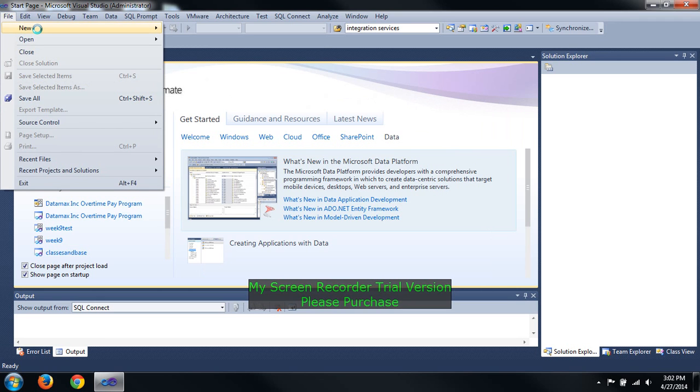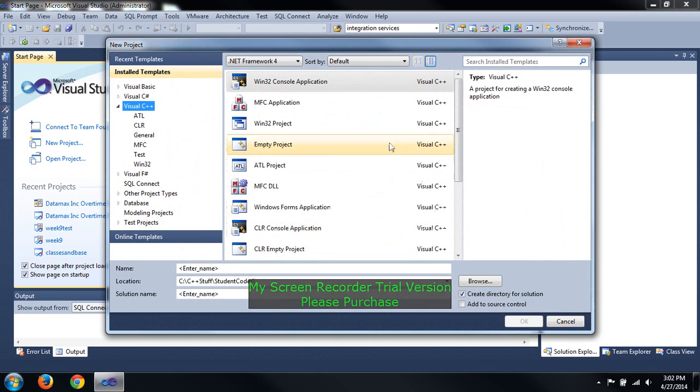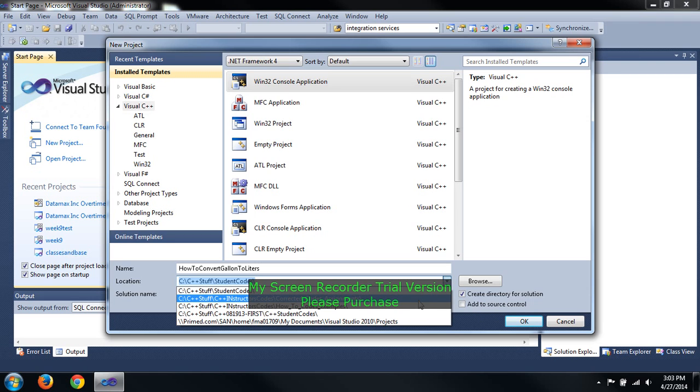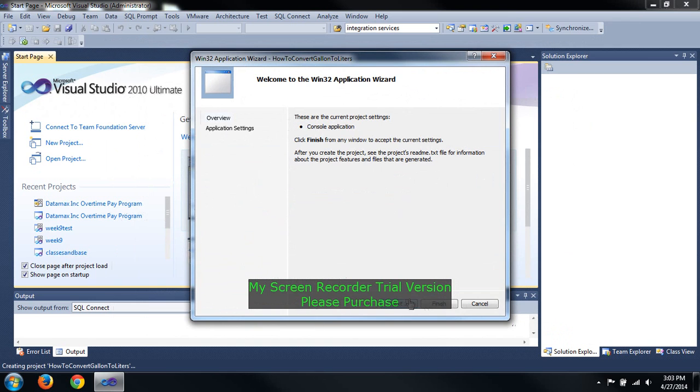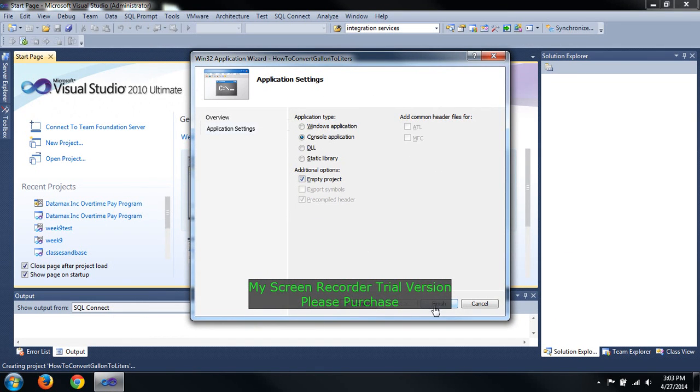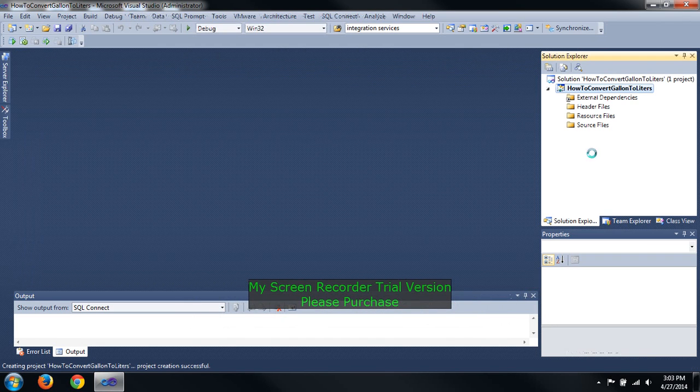We're going to go under File, say New Project, and then we're going to be using Win32 Console Application. I'll give it a name: how to convert gallon to liters. Okay. Next, Empty project, Finish. All right, so now we have